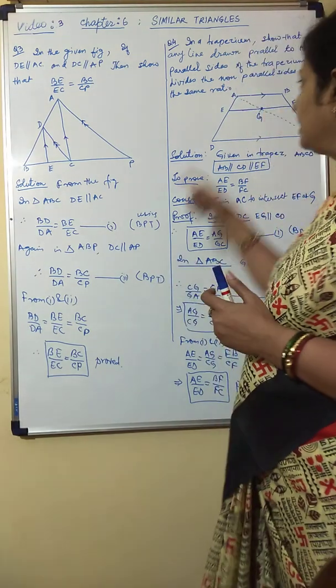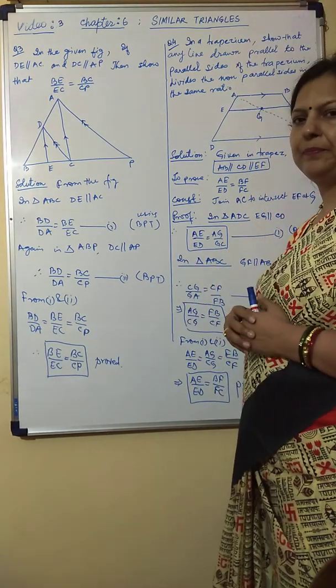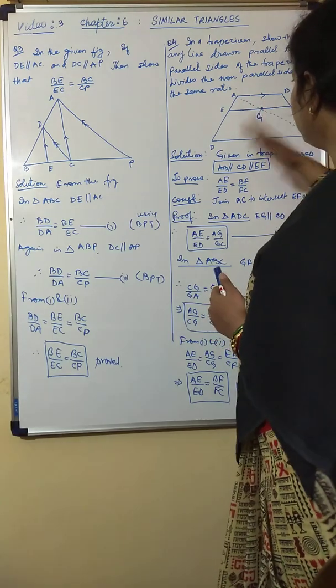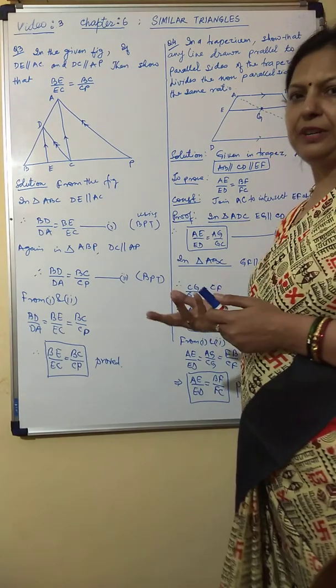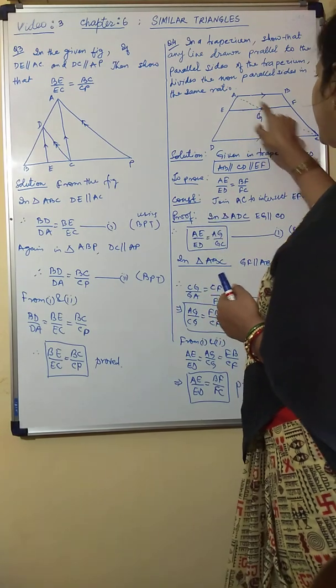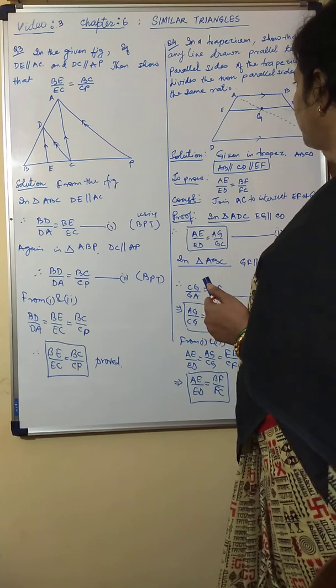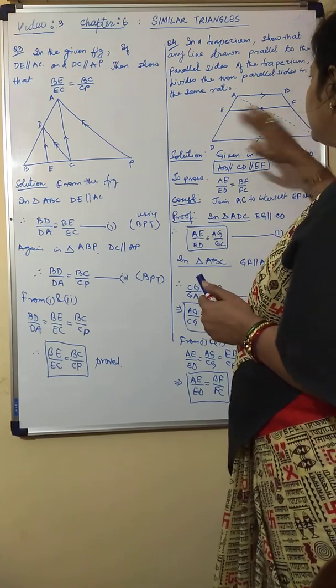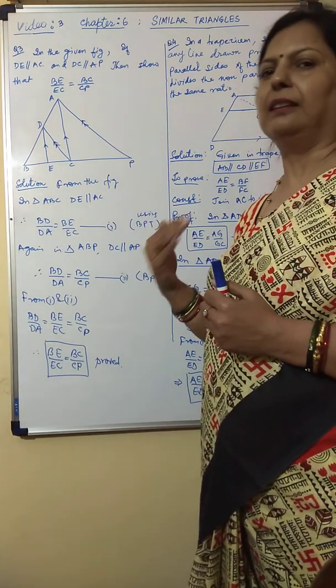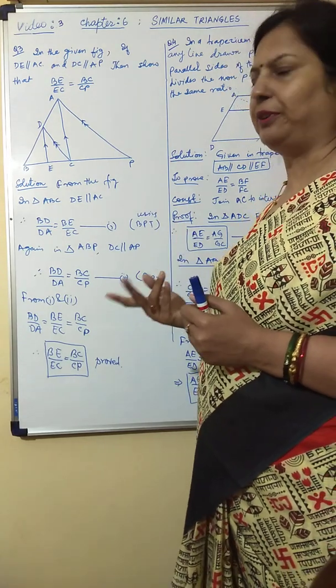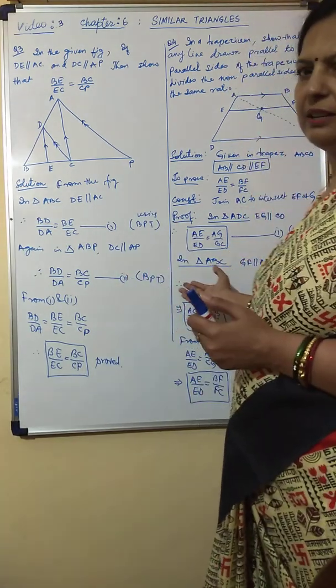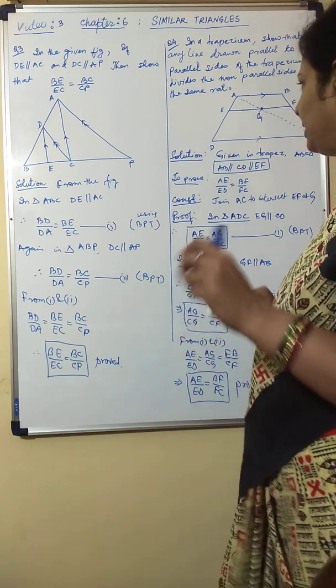So for an obvious reason, if I draw any diagonal AC, then the trapezium will be divided into two different triangles, and the diagonal would definitely intersect the parallel line which was drawn at some point. So by drawing the diagonal, we divide it into two different triangles, and then we will try to compare the ratios. This is the basic thing that needs to be done.